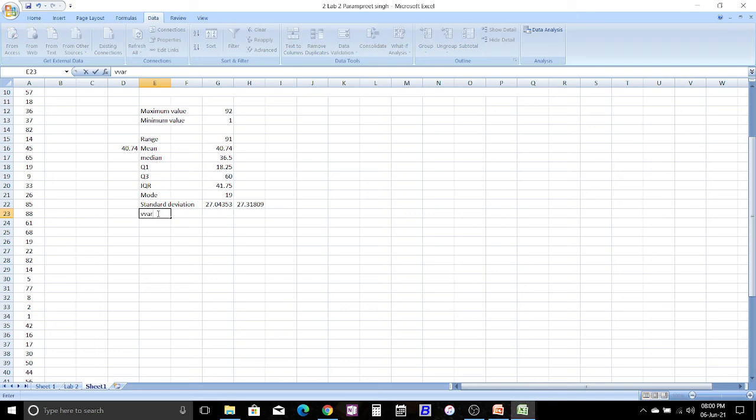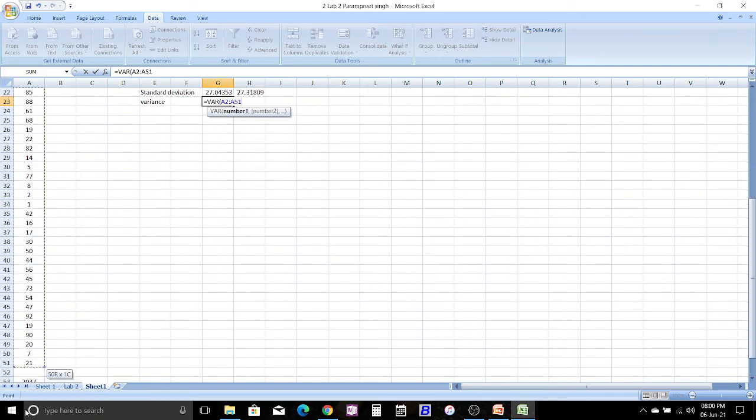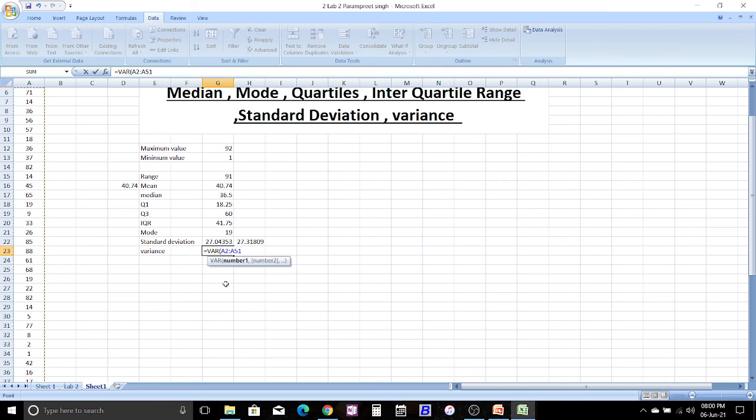If we want to calculate variance, the formula will be equal to variance of the given data, that is this one, enter.